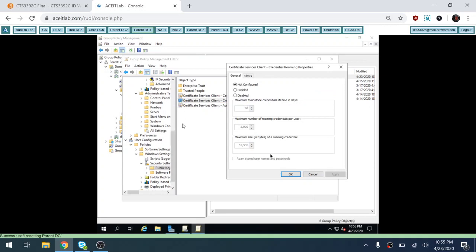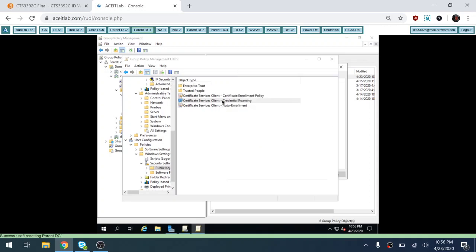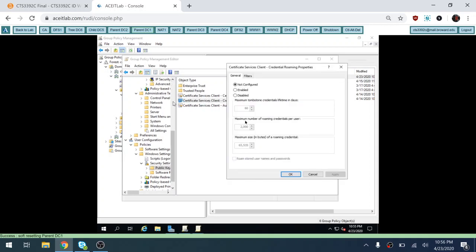Those root CAs that I was talking about are computer specific. So we need to tell all computers to trust that root CA. We don't need to do that for a user account because once that certificate is on the computer, they'll trust it. So this is not the same as the other. What this is going to do is,